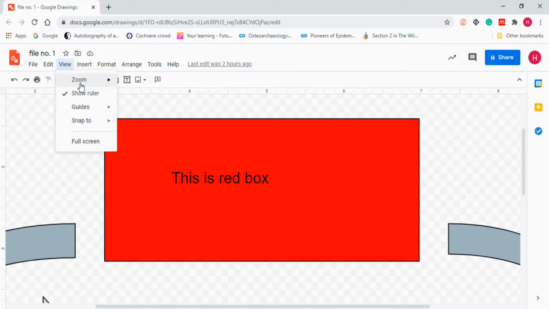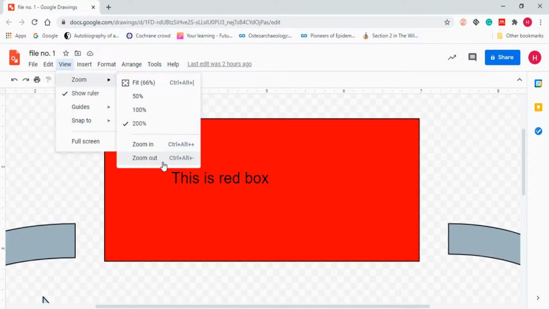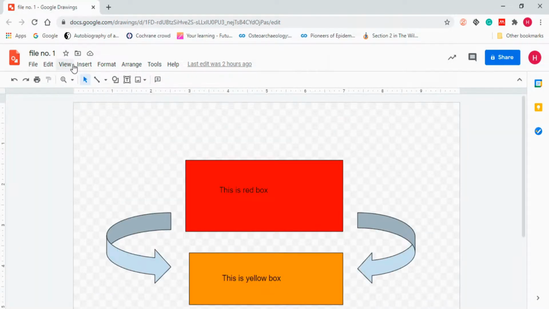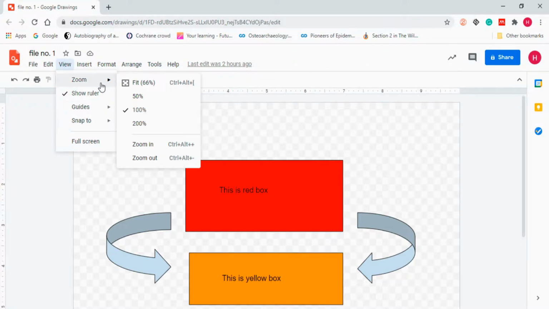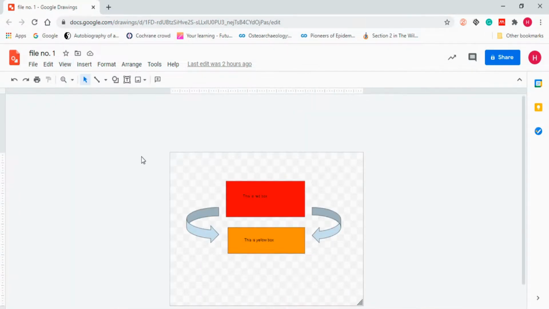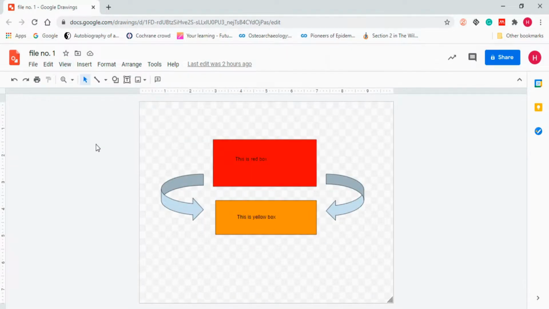And if you want to zoom in and zoom out, you can click on this and zoom in and out according to your own desire. Now I want it fit at 66% again. So this is how the zoom feature works. You can magnify and demagnify as per your requirement.